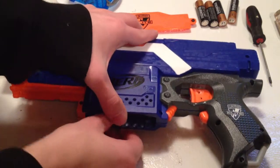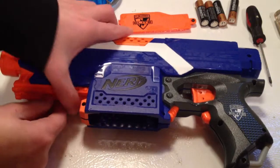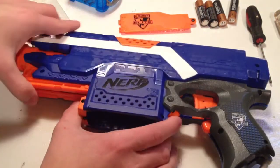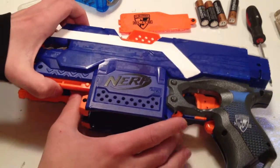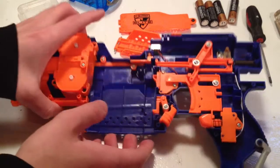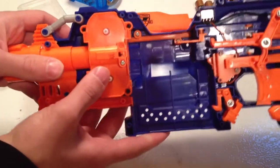Basically, my plan is to remove the electrical and physical locks inside of the blaster so that it can perform more smoothly and have better overall range and performance. So I'm going to pry the shell open right here to show you the internals of the blaster. Pause here, I guess, if you want to see quick,